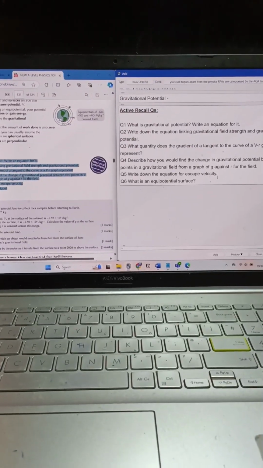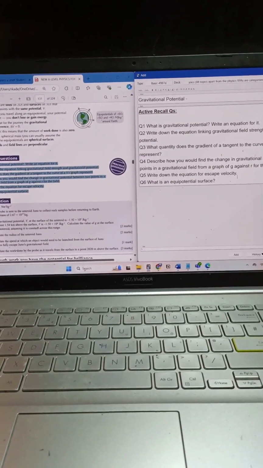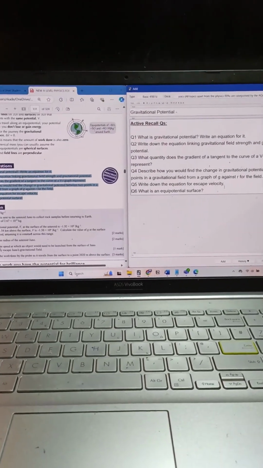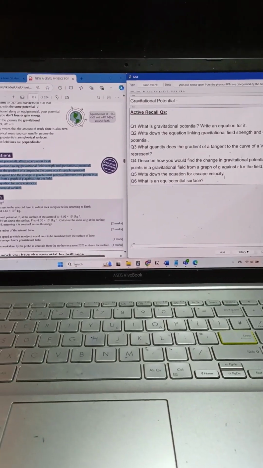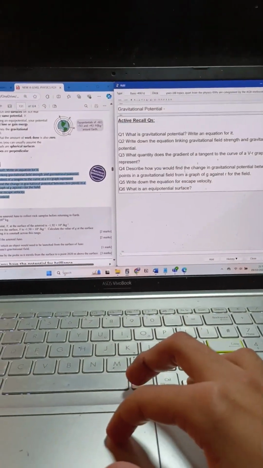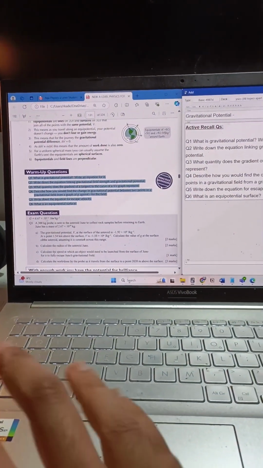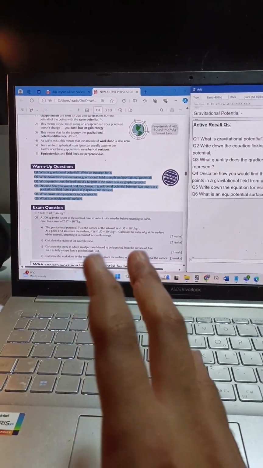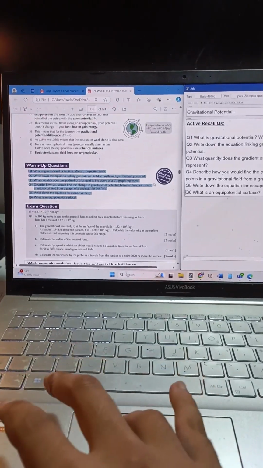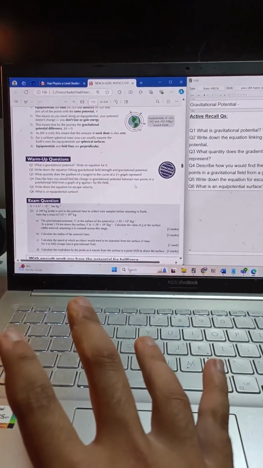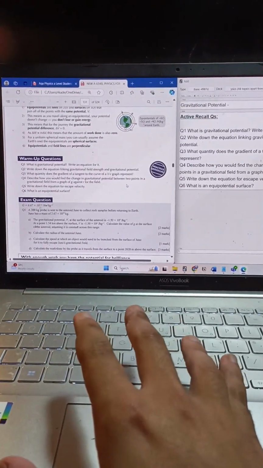Okay, so here is how I make flashcards in order to help me revise for A-level physics. Now, the first thing that I do is I've got an online version of the CGP book here. Try to somehow, some way, get an online version of the book that you use. It's going to be much more helpful, because a lot of people say that you need to